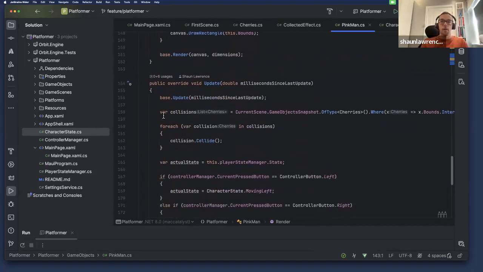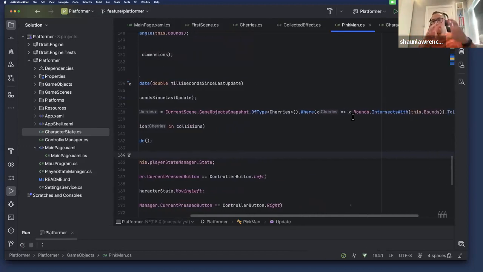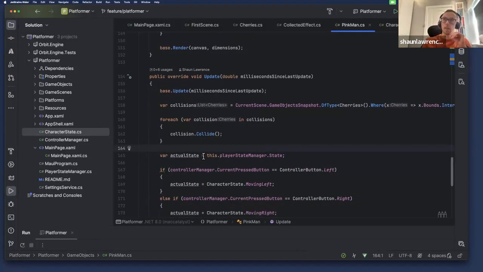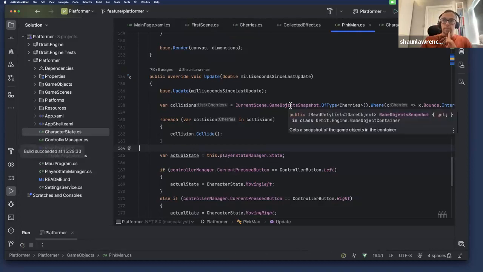And then this is a rather crude approach to collision detection. As I mentioned, there's not a one size fits all. This will put a square around the bounds of the cherry and a square around the bounds of the character, and then it will find anything that intersects with each other. Then we'll detect that, and we'll show that it's collided. So let's have a quick look at that application.